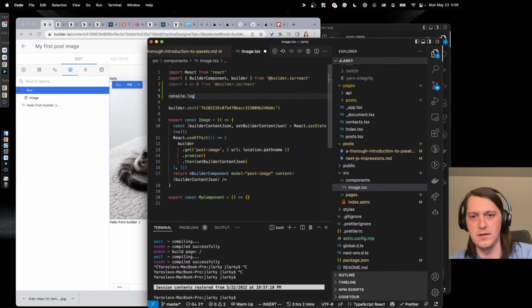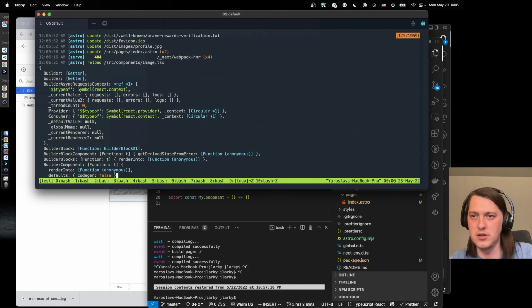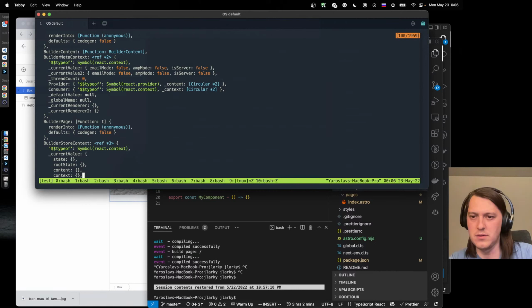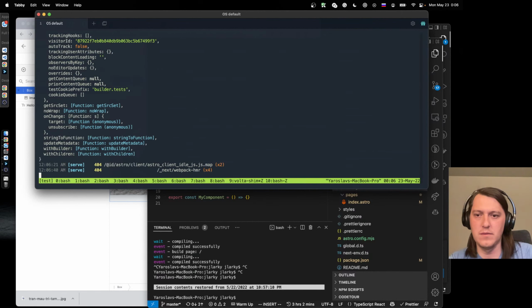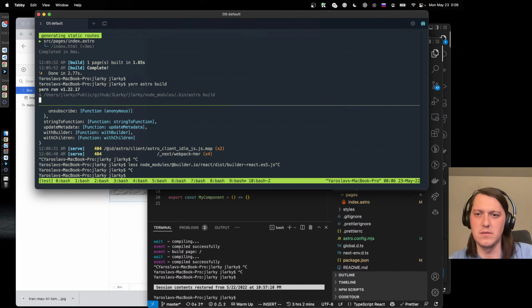So if I have it like that, so with children, I should be looking at like builder and build component content, builder content. So now it's probably will not work like that.